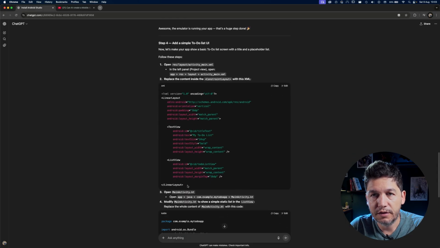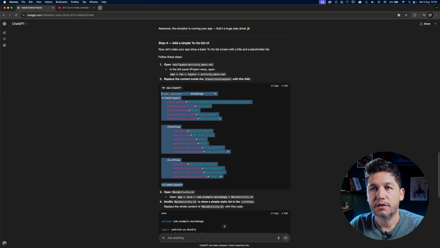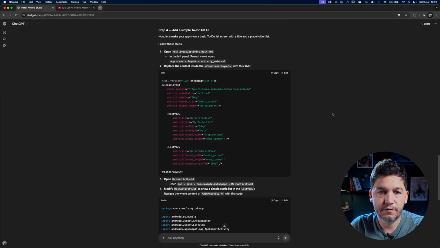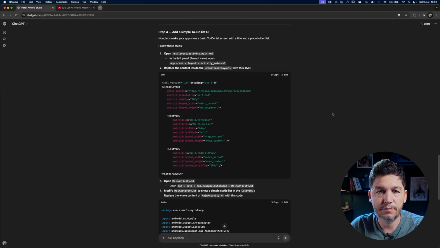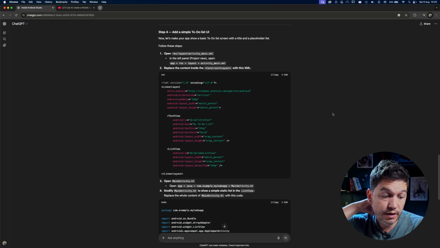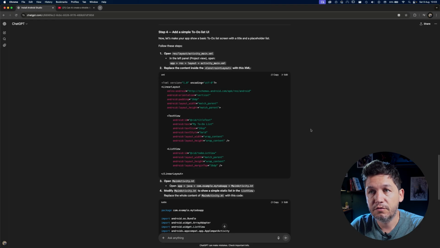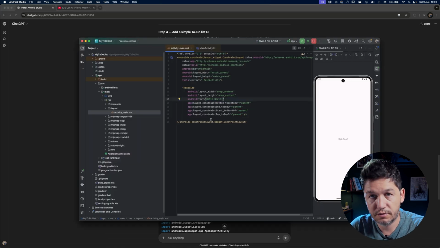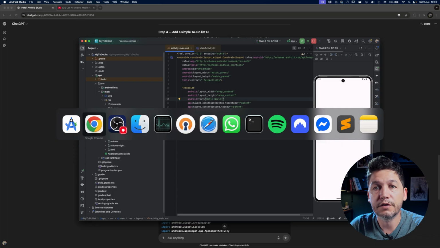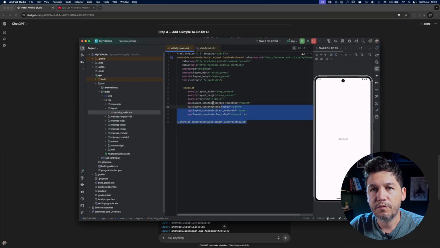I prompted that I have no experience. So at first it gave me detailed info on how to set up Android Studio, how to install it, but now it kind of skips some important details, I might say. So okay, yeah, let's proceed further. Of course, most of the